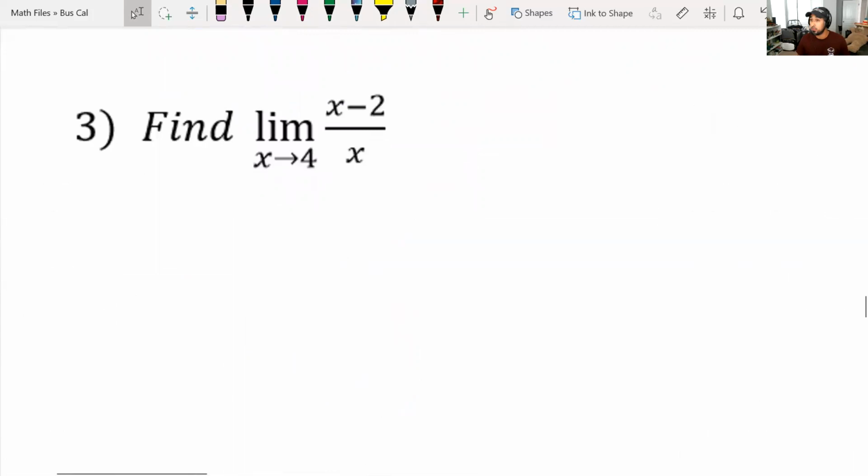Do it again. Find the limit as x approaches 4 of x minus 2 over x. Hey, it worked last time. Let's just plug in 4. You will get 4 minus 2